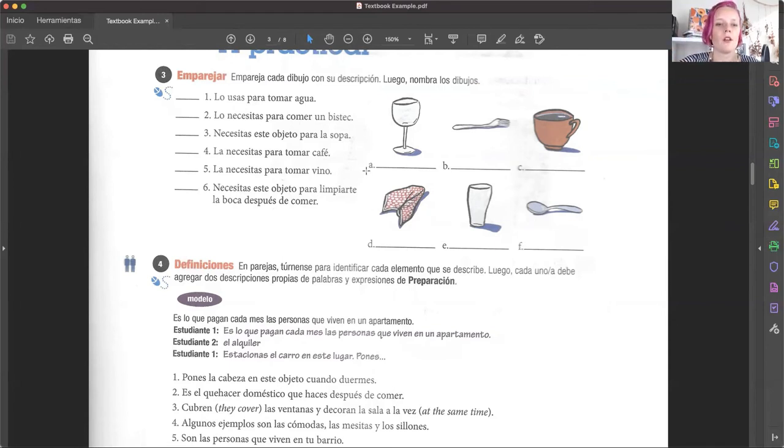And here's why. Lo usas para tomar agua. You use this to drink water. So much language is happening here. The student has to read and understand what's happening, and then they have to put the number there and label it. So they're matching it up, and then they have to label the description under here. So there's like three different instances where they're getting all of that contextualized vocabulary, like boom, boom, boom in